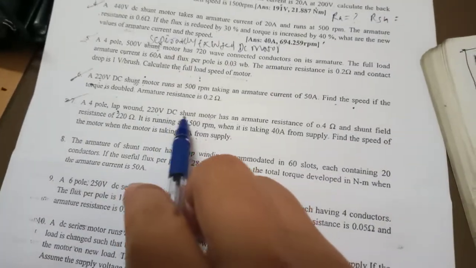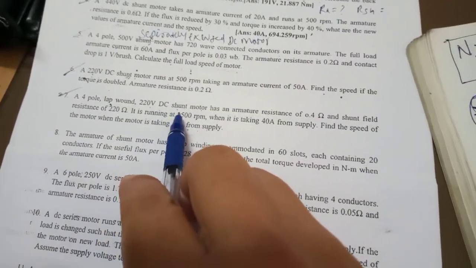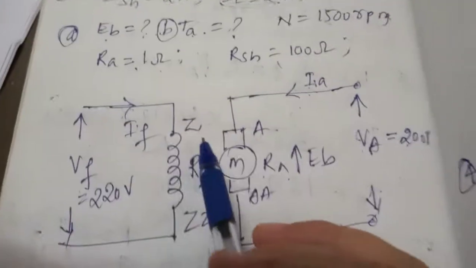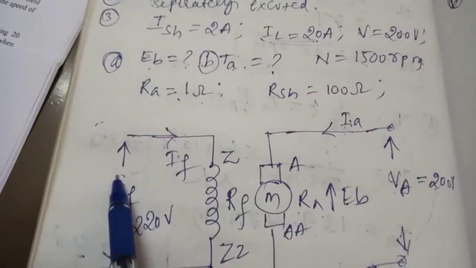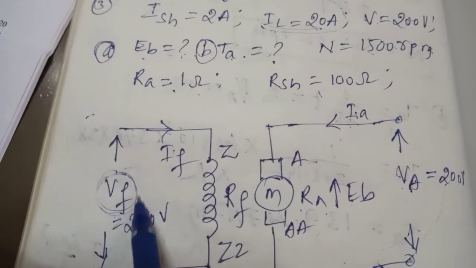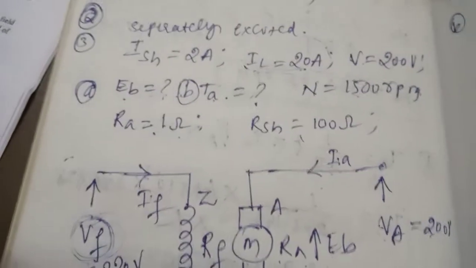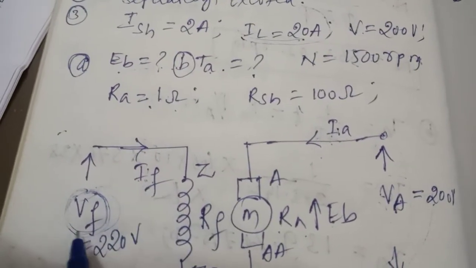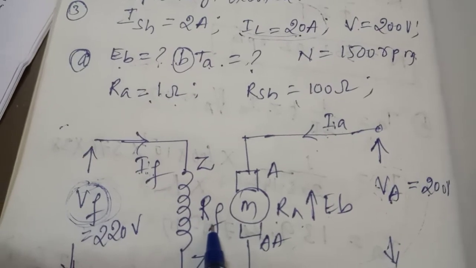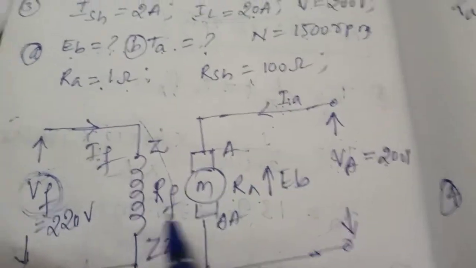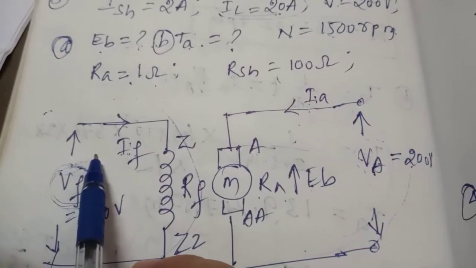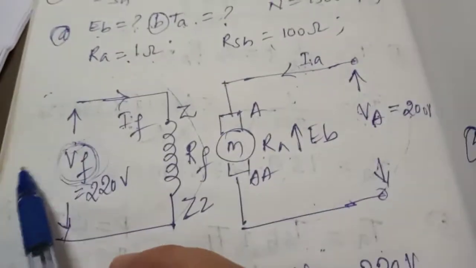In this problem, if they had given a separately excited DC motor instead of a DC shunt motor, you would have to consider this figure. For the field voltage, they have to mention how much the field voltage is. They have given the supply voltage or the armature voltage. They have to mention the field voltage to calculate the field current IF. IF is equal to VF divided by RF. It is not connected to the armature circuit. So if this is not given, you need not consider it.